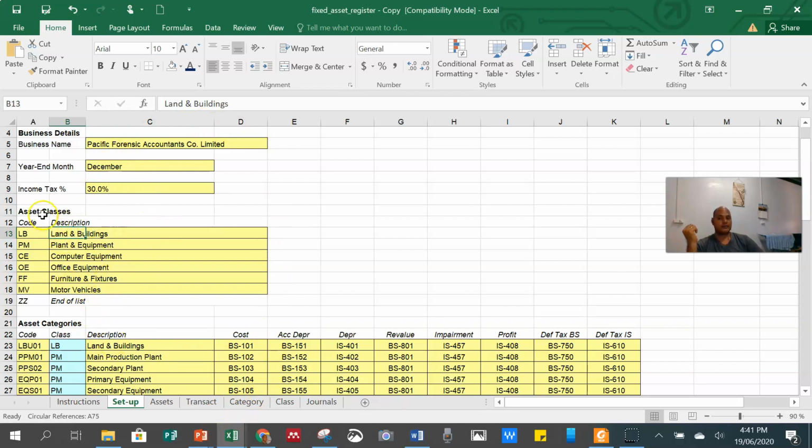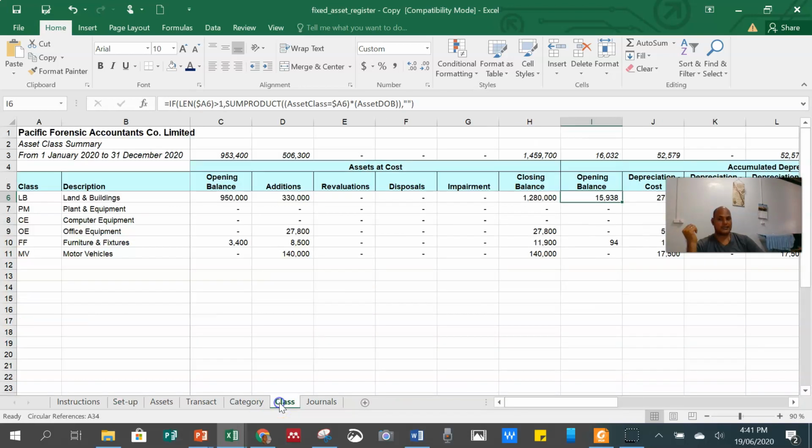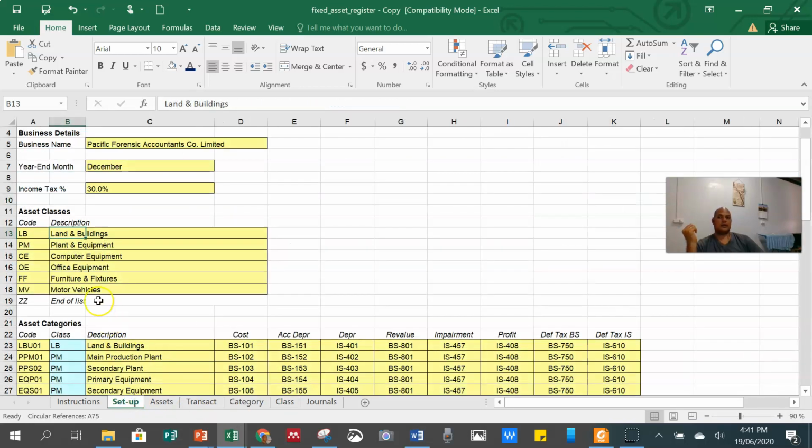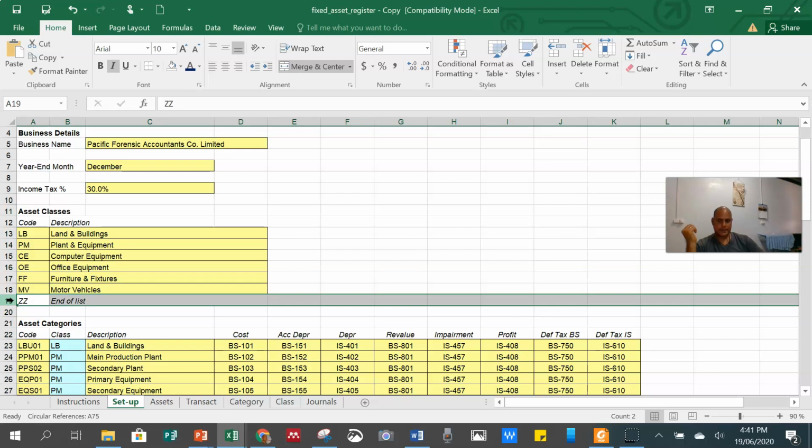But when it comes to asset class, like land, plant, computer, office furniture, and motor vehicles, these all come from none other place except this place. So you can also extend this list if you continue to have more asset classes.